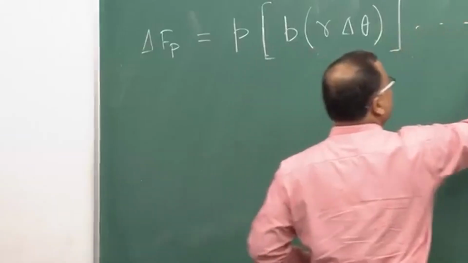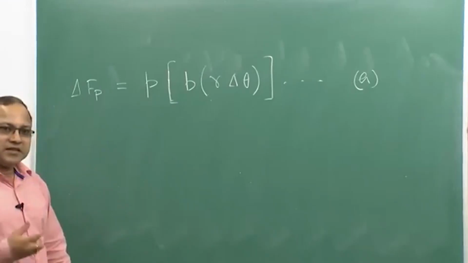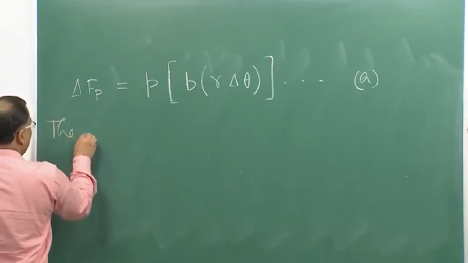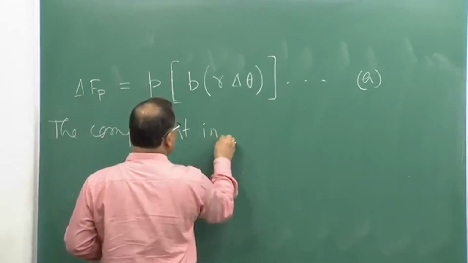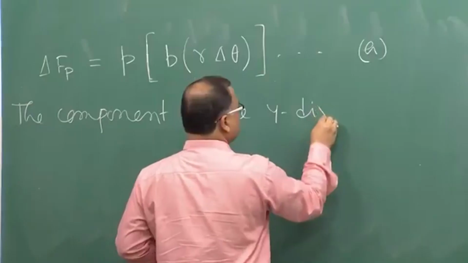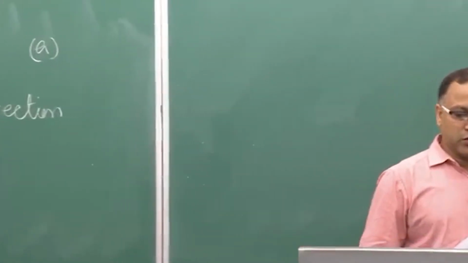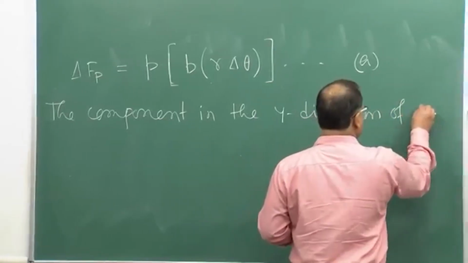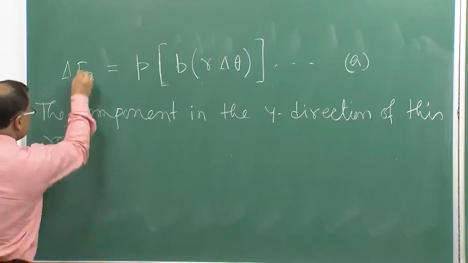So, this I am calling equation A. Okay. So, this is your delta Fp, that is the radial force. Now, if you take the component in the y direction as shown in the figure, xy direction is shown, okay. So, in that figure if you look at xy direction, so if I take the component in the y direction of this radial force, that means this delta Fp,